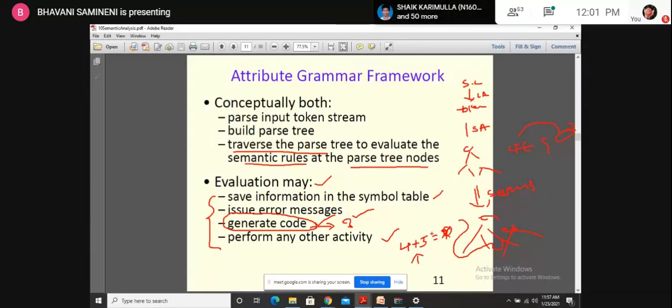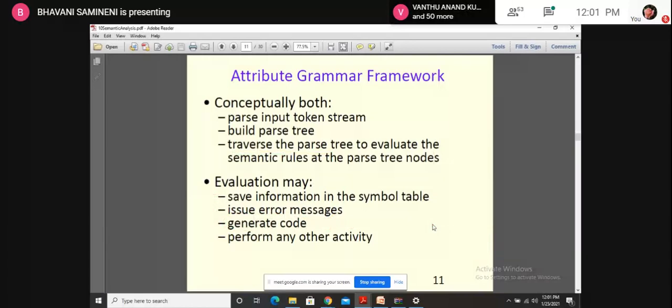Now we have to create some kind of statements or generate some kind of actions along with the CFG, which will lead to constructing the parse tree as an abstract syntax tree for the statement 4 plus 5. Here, if you are given any statement, the evaluation of the expression does not matter. What matters is how we are constructing, how we are taking each and every value, and how we are processing. So that is important here. And sometimes we will be required to generate code. If it is asking for generating some kind of code, that statement we have to write in the CFG rules. So that is about some kind of grammars here.